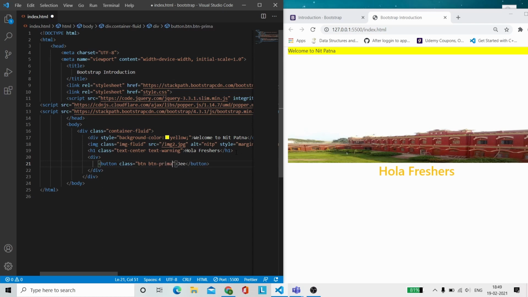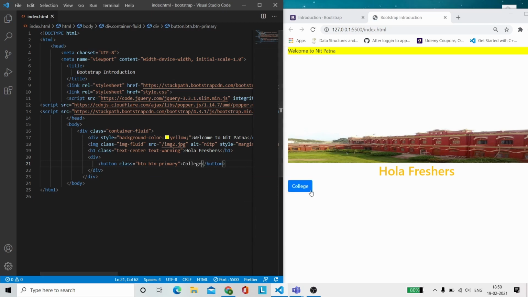We have this btn-primary. This btn-primary is if you wish to give a blue color, if you wish to give it a green color, we can give it success. For example, okay, let's use something else, college.